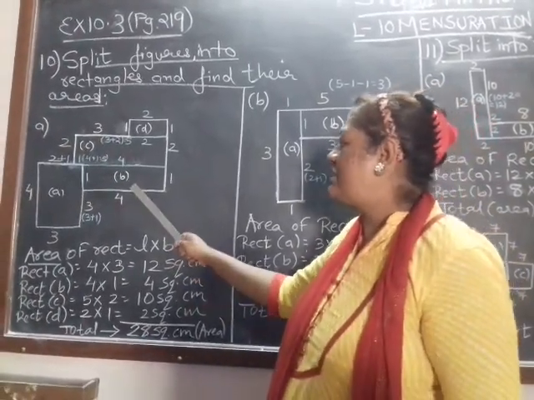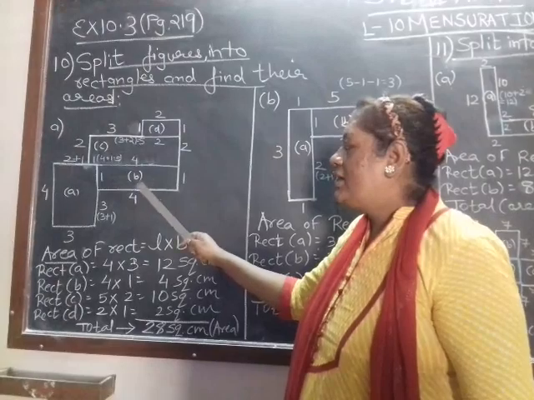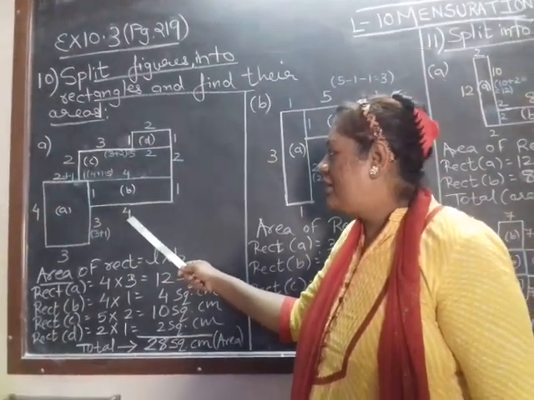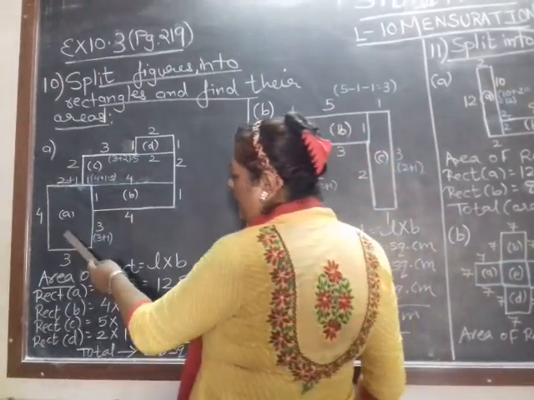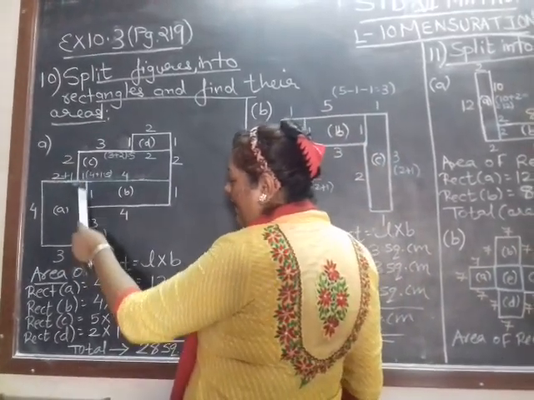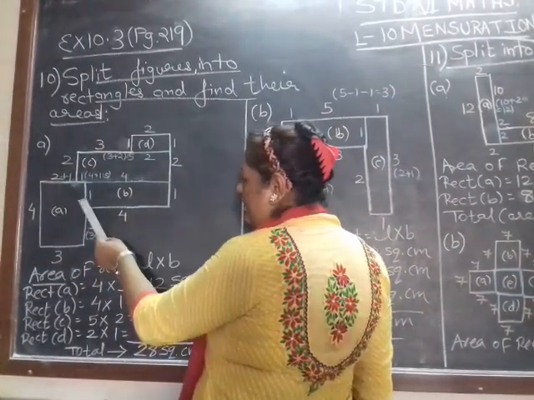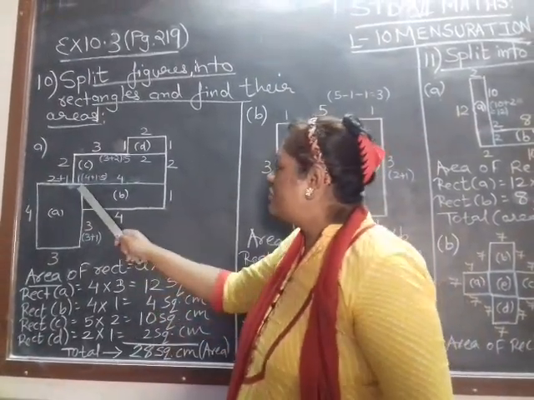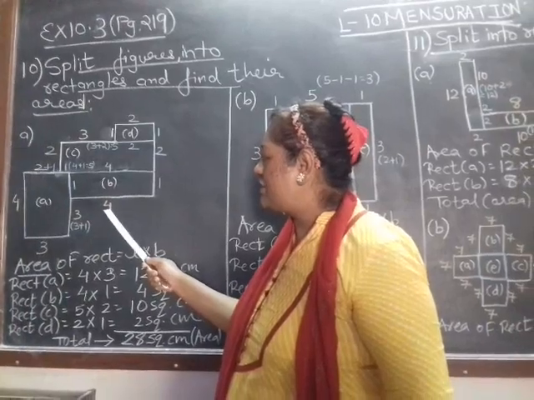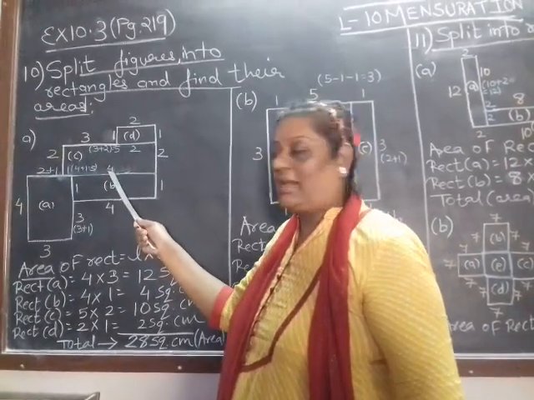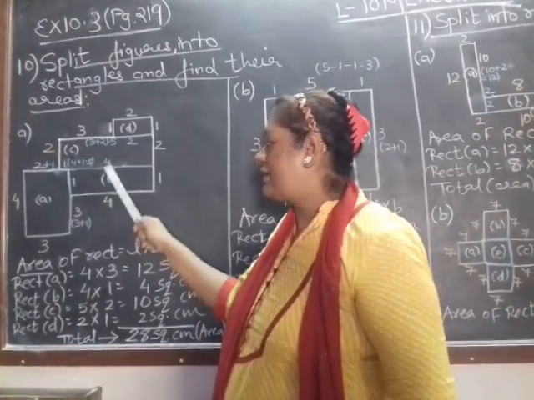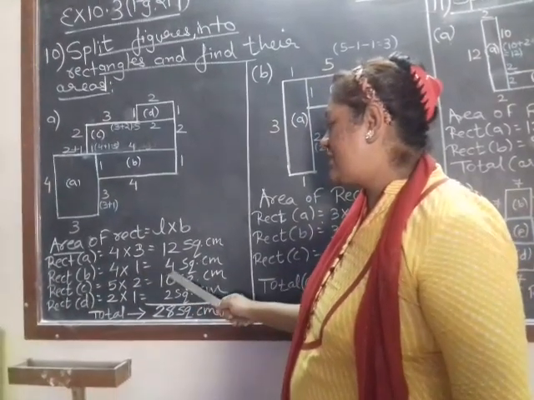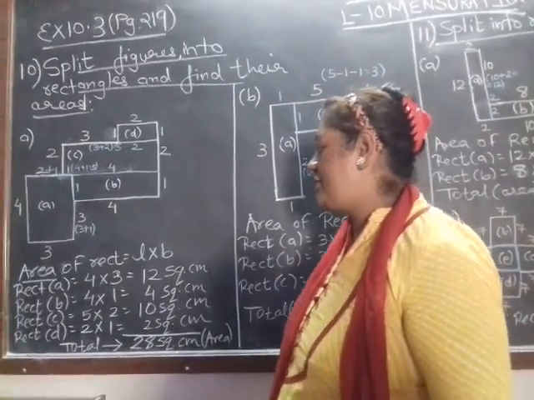In the same way you can see this rectangle B. Now here this length is given 4 centimeter. Right? Now to complete rectangle A, I added here 1 centimeter. So this and this breadth are now the same, you can check, 1 centimeter. But obviously if this one length is 4 centimeter, what will be the length of the opposite side of this B rectangle? 4 centimeter. So again, the area of rectangle B is 4 square centimeter.